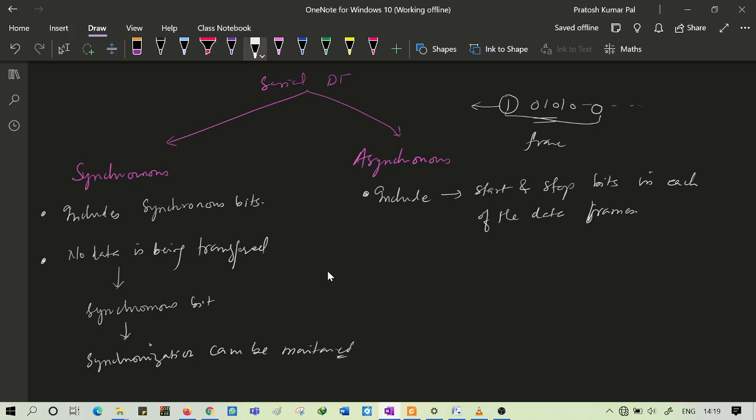So to maintain a synchronous type of system, these synchronous bits are always sent even if there is no data.